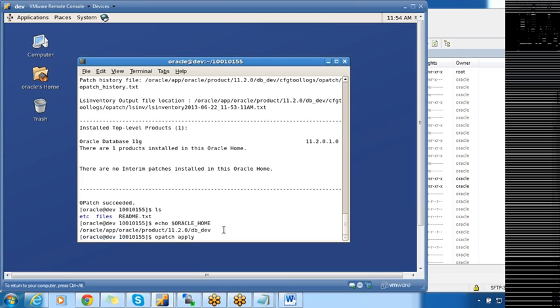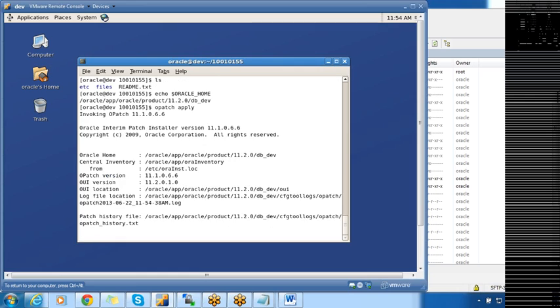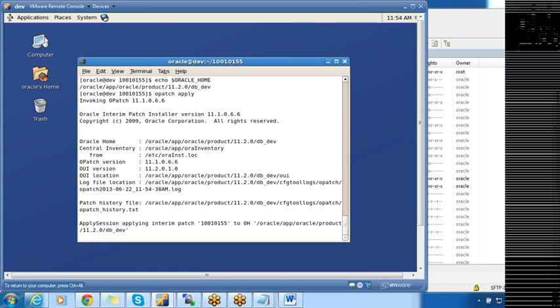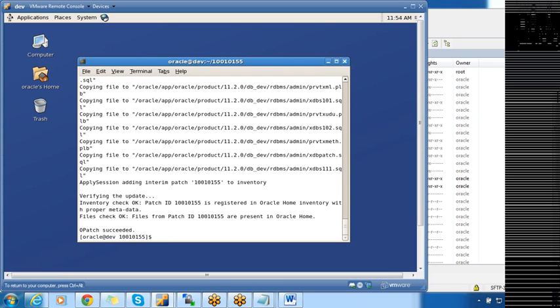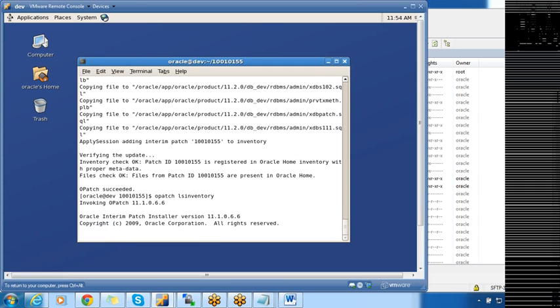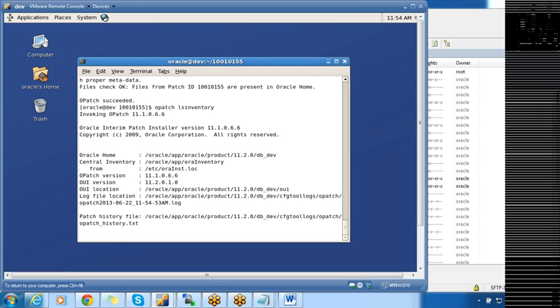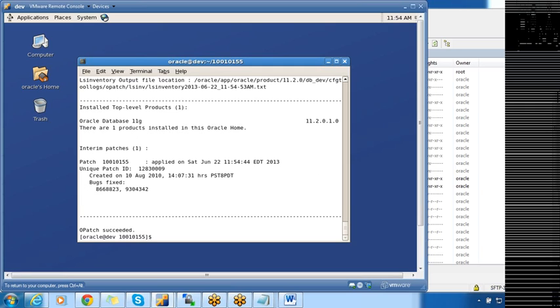So opatch apply will apply the patch. It will take about 10 to 20 seconds. Okay, it's done. The patch is applied. Now if I do opatch lsinventory, I have this patch listed in interim patches.